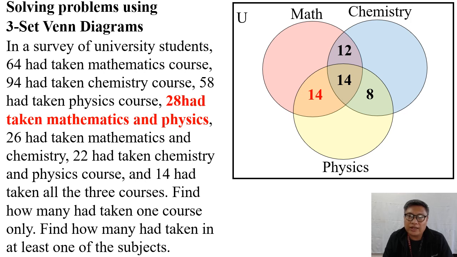So we already have these 4 in the intersections. So the remaining will be the other 3. So we can go up again. So we have here